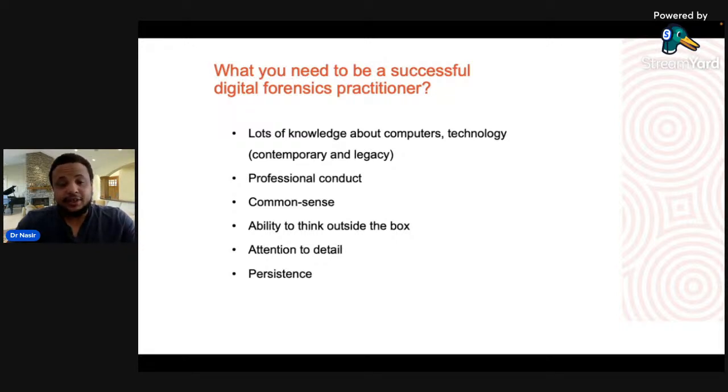In this field, you also need a lot of common sense. Trust me, there are cases we have worked on that even the most knowledgeable people could not crack. But when you stop to think, just ordinary thinking, you can apply it to help you. I will give you an example. There was a case we were working on back in the UK, with a Polish gang that was caught, and we were examining the devices, the mobile phones, to get